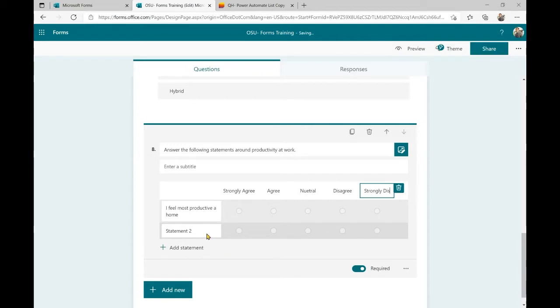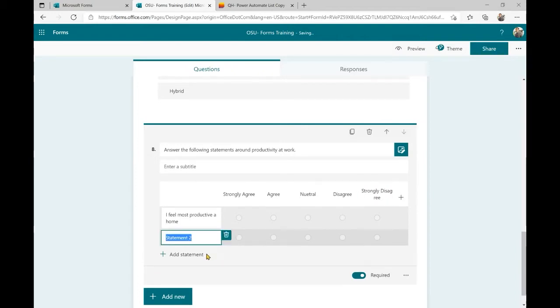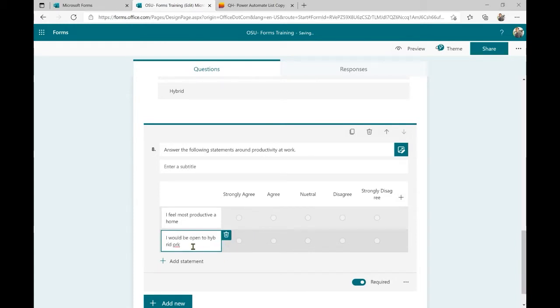Okay. And then you might have another question, something in the same thing, like I would be open to hybrid work. Okay. So those are Likerts. So you've seen these before. Now you can, of course, add additional options, but for the sake of time, we are going to leave it the way that it is.